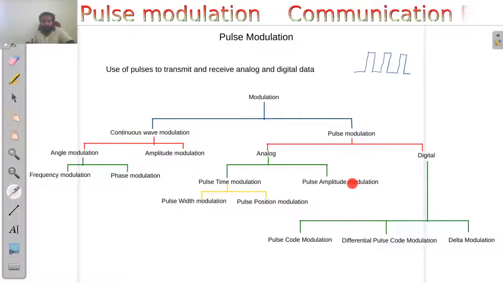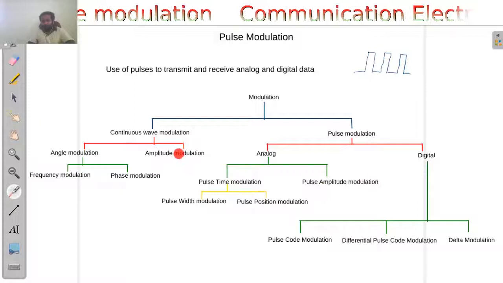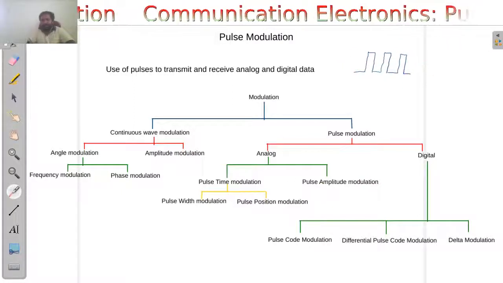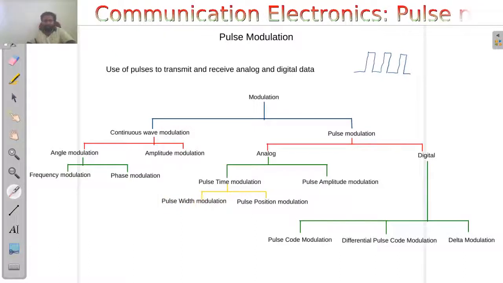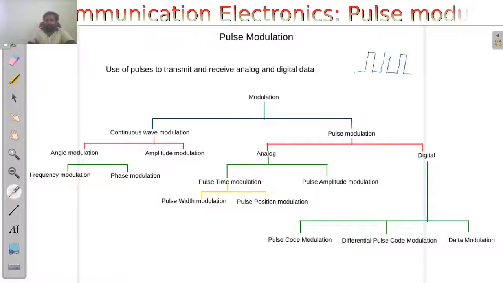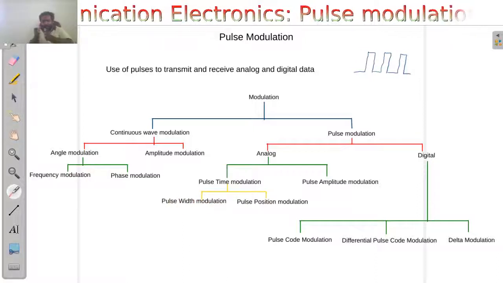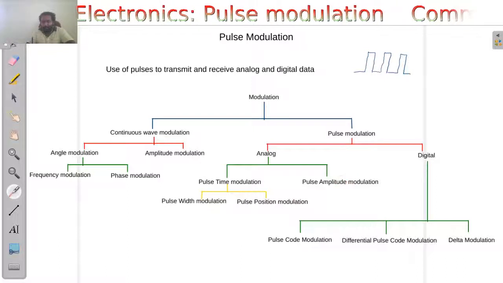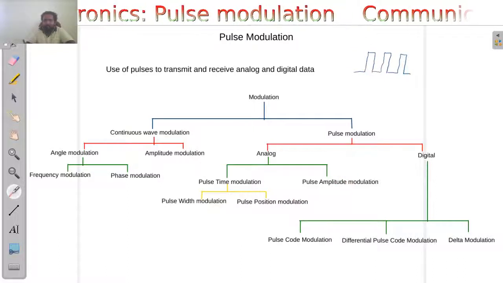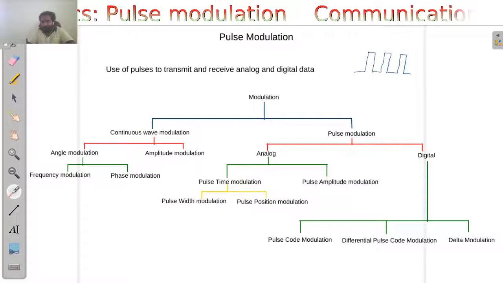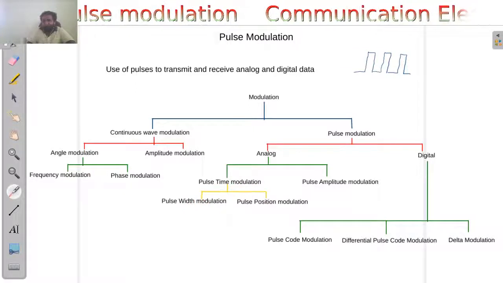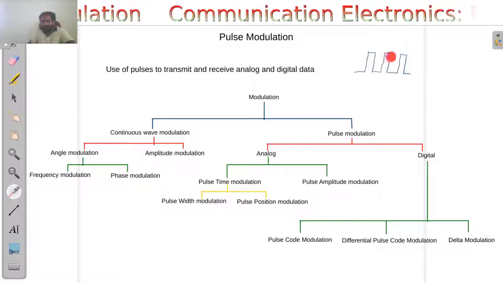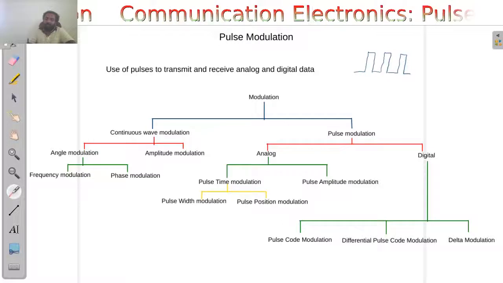Pulse amplitude modulation is somewhat similar to amplitude modulation, except that the carrier is a pulse, a continuous train of square pulses. But in the case of pulse width modulation, it is somewhat like a frequency modulation, where you are using the time aspect, that is the horizontal aspect, to code the information. In pulse amplitude modulation, we are using the amplitude aspect of the pulse to code information onto it. But in the case of pulse time modulation, we will be using the time aspect, that is the x-axis of the pulse train, to code information into it. We will see how it is done.